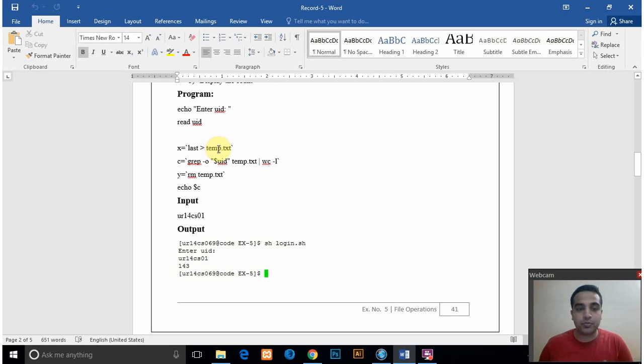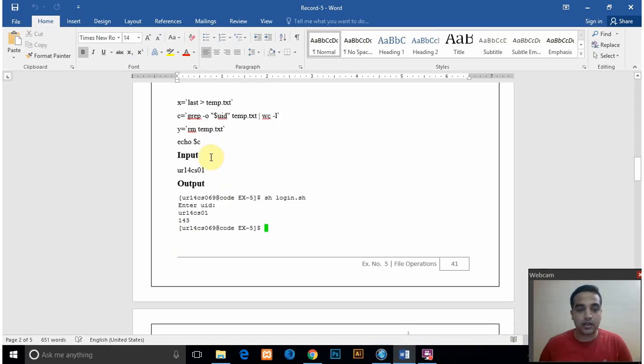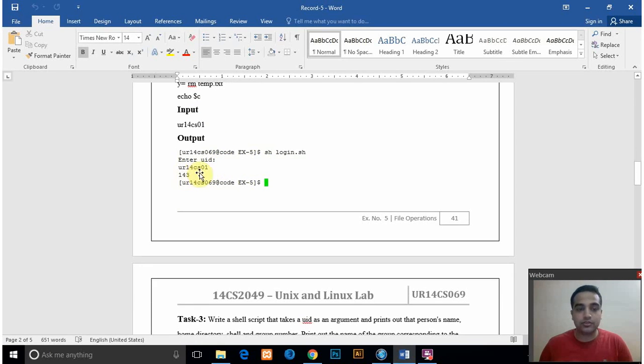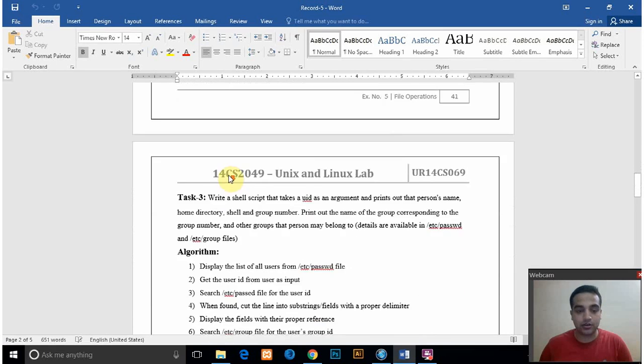We take the output, put it in a temp.txt file, and search the temp.txt file for the UID. Every time the UID matches any of the entries, we count it. At the end, we remove the temp file and print the number of occurrences. So if you are searching for UID UR14CS01, 143 times the person has logged in.